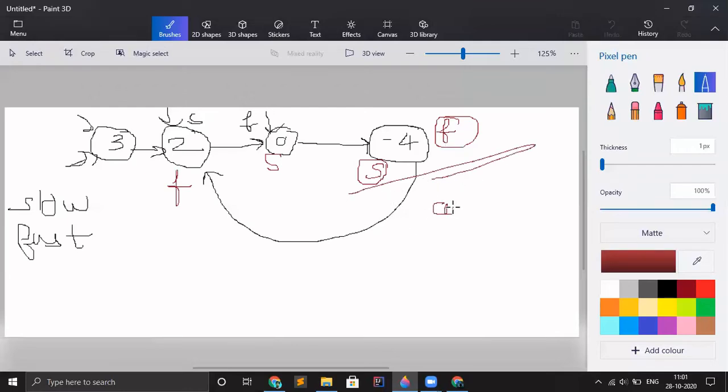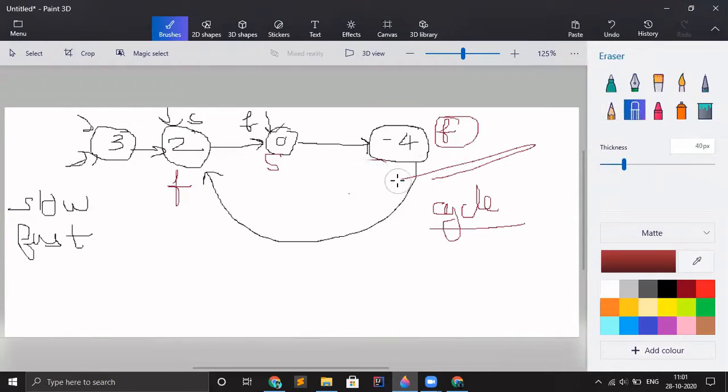There is a cycle present, but it is not enough just to prove that there is a cycle. We also need to show the starting point where the cycle starts. So now, as our fast and slow pointers have reached these positions, we can move the slow or the fast pointer to the initial head again. So let us say that we are moving our slow pointer to the head.